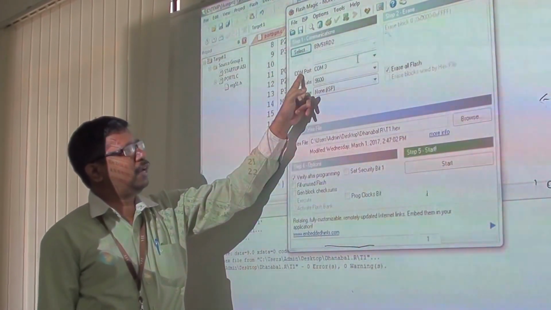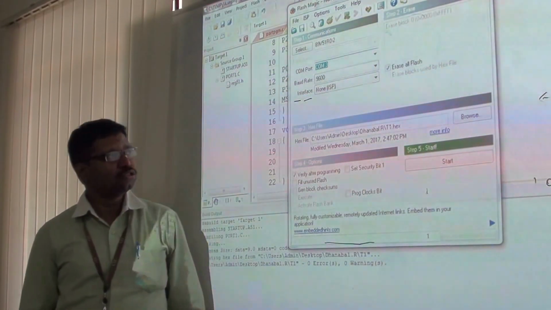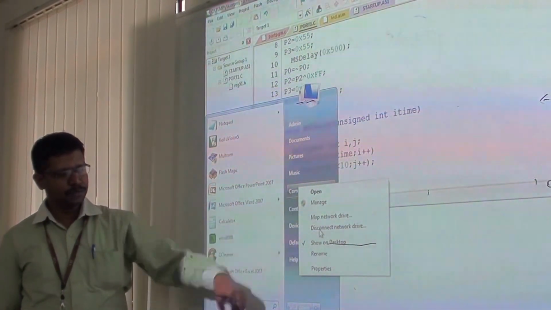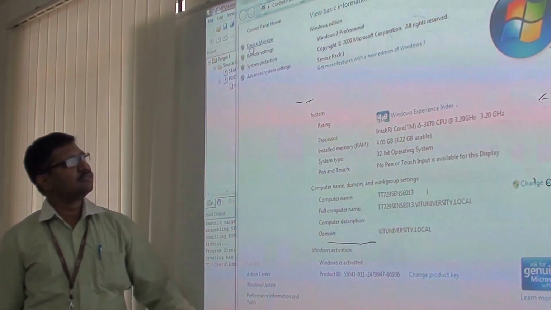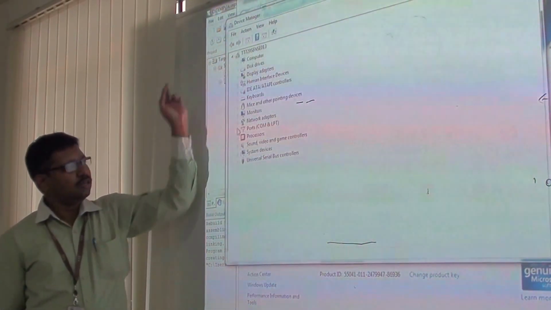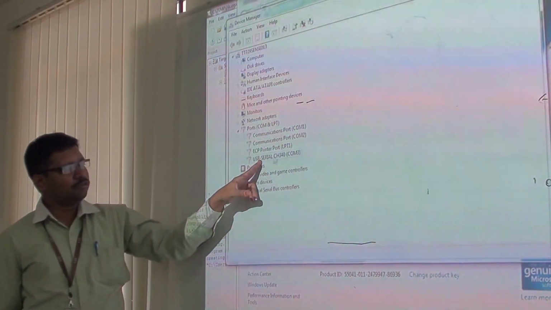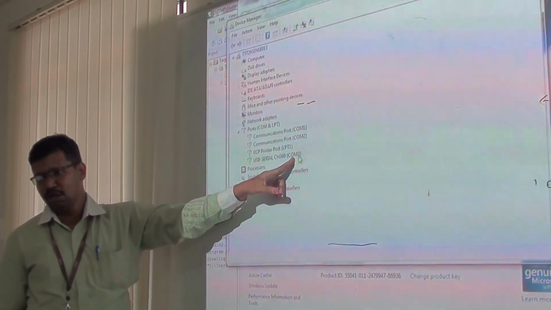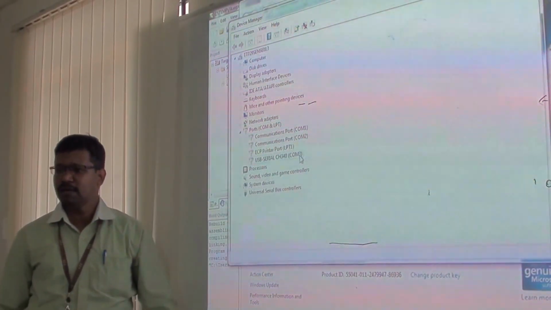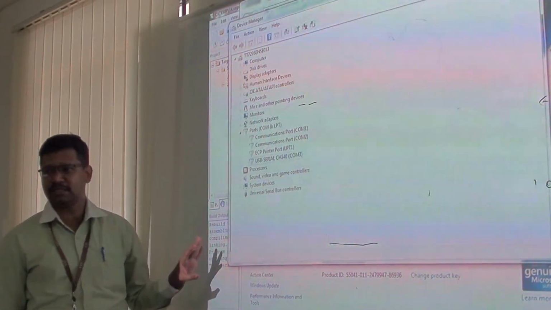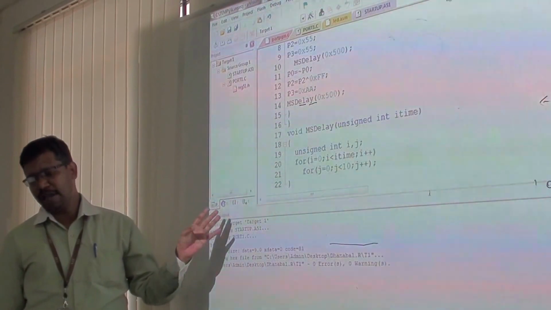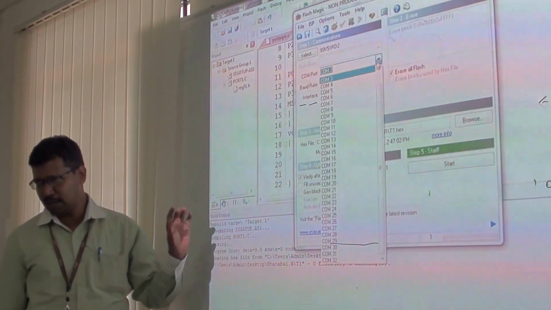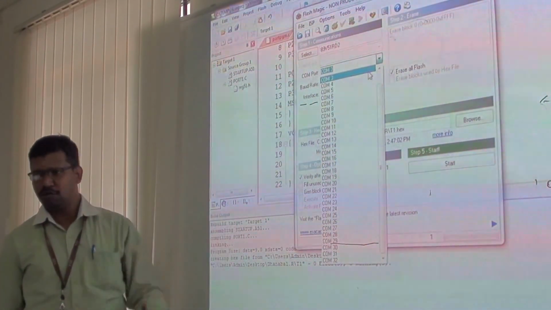After selecting this, we have to select the port to which the hardware is connected. So the hardware connection port has to be determined. For that you go to Start menu, Computer, right click the computer, Properties, Device Manager. In Device Manager, under ports, you see where the USB serial port is connected. The USB serial port is connected to COM3. We are going to use the COM3 port for our hardware interconnection. This will be the master and the slave is your 8051 P89V51 IC. We are going to dump the code from the microprocessor to the microcontroller.